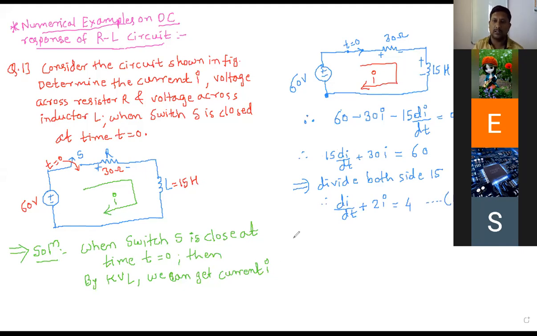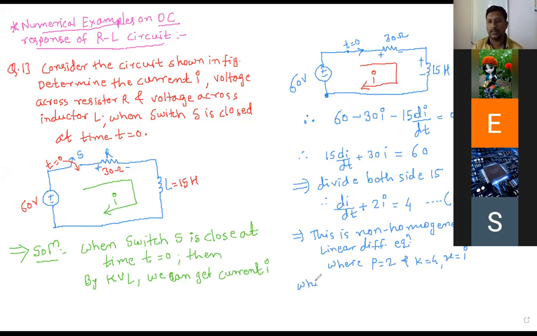So this is a non-homogeneous linear differential equation, where P is equal to 2 and K is equal to 4 and X is equal to I. So whose solution is